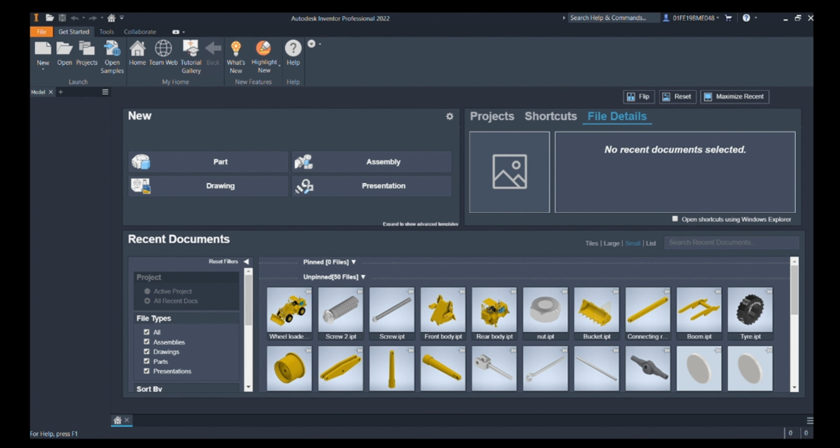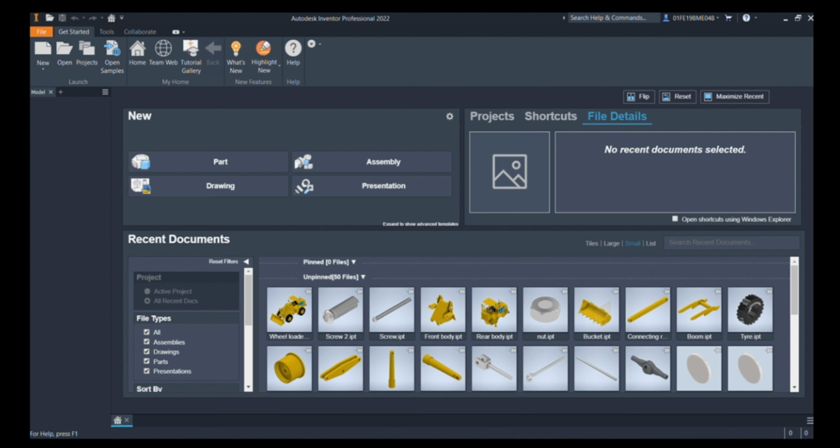So let's start. As you can see on the screen, this is the interface of Autodesk Inventor. Here you can also see my other works. Recently I have done a wheel loader model, which you can also see on my LinkedIn or Instagram profile, which I will be mentioning at the end. Okay, then let's start with the wall clock.